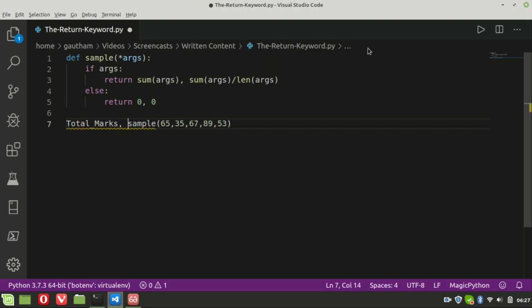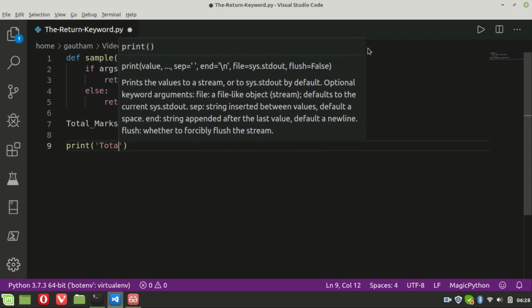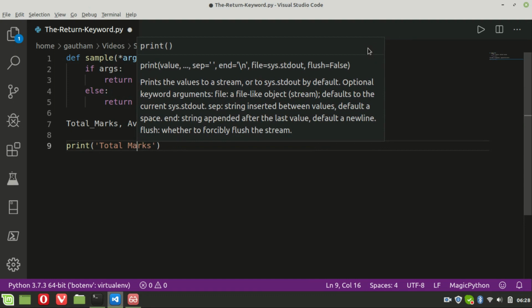total marks, comma, average marks is equal to this function. Okay, now let's print total marks